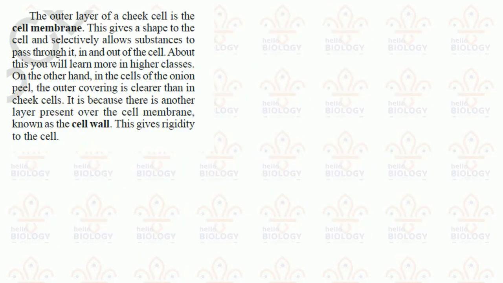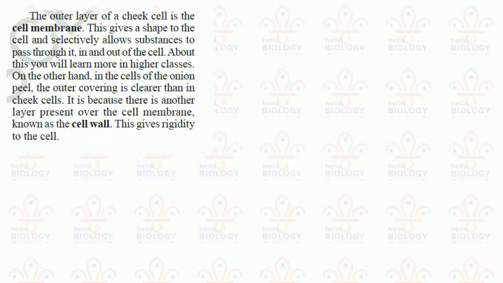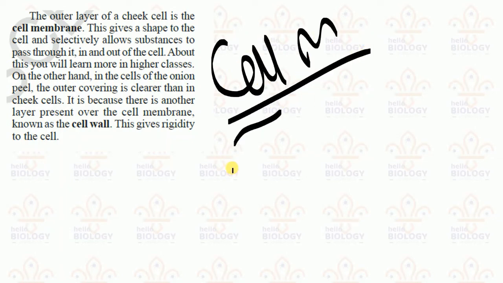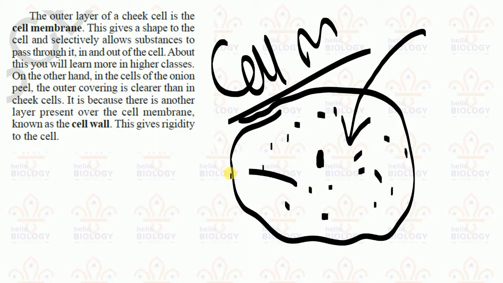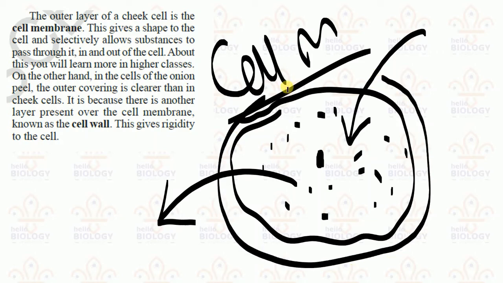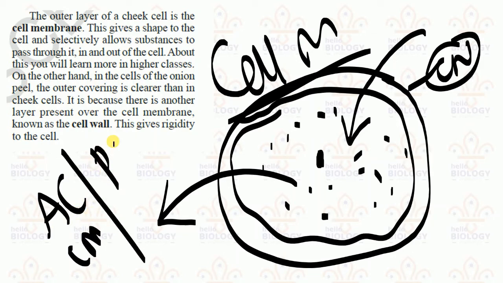And the next one, we have an introduction to the cell membrane. The outer layer of the cheek cell, which we have seen, is called the cell membrane. This gives an accurate shape to the cell and also allows other contents into the cell. If any contents in this cell exceed, they are pushed to another cell. And most importantly, for plant cells another layer is there, called the cell wall. But in animal cells it is absent. In animal cells only the cell membrane is present. In plant cells, both the cell membrane and the cell wall are present. You need to remember that.